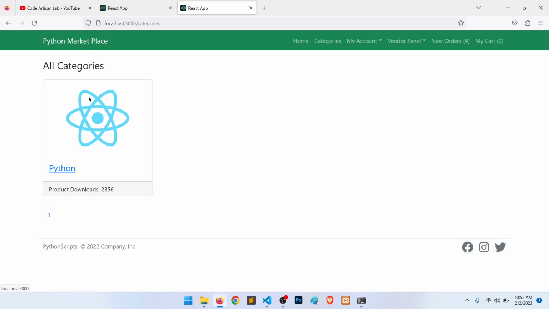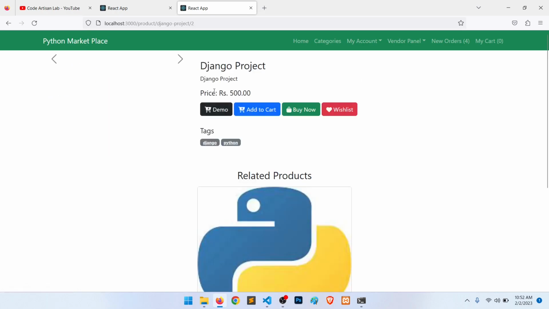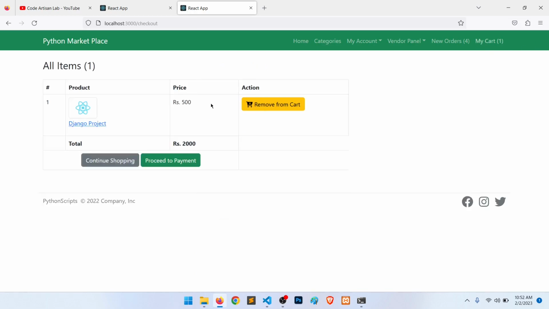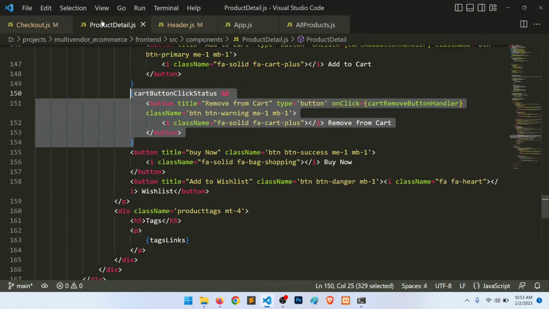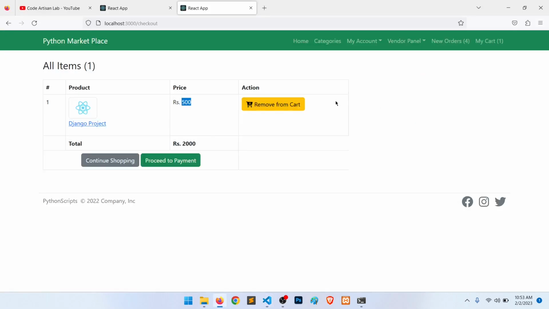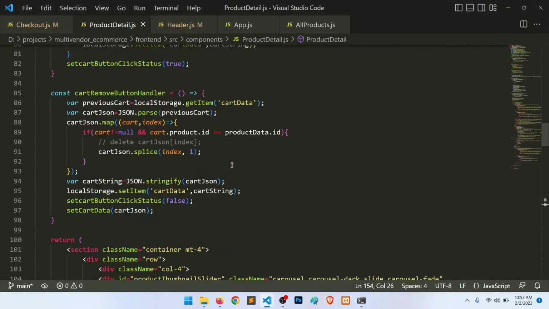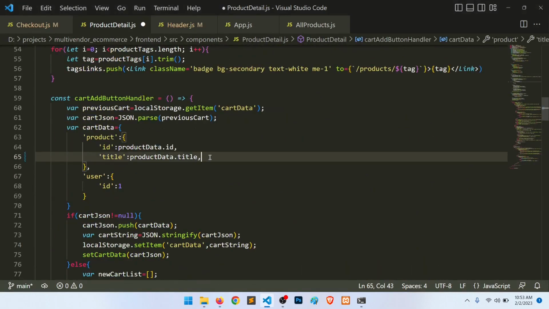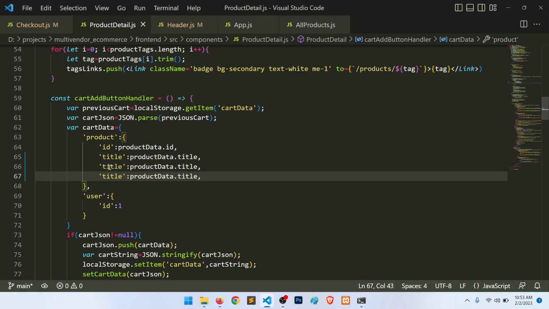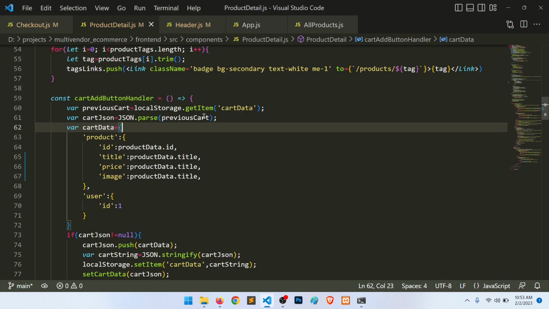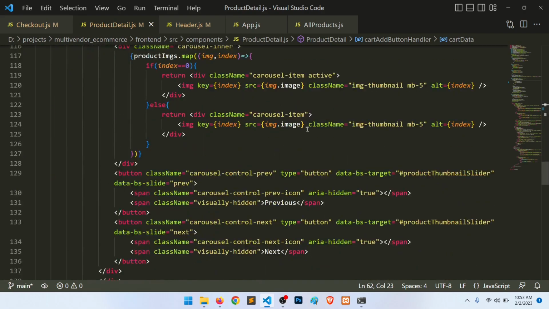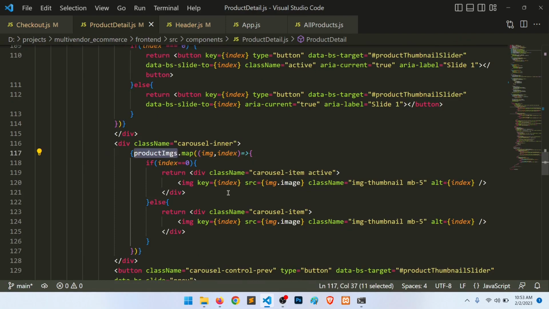Okay, and then we have click here, add to cart, my cart, and everything is working. But we need to add price and product image also, right? So when we go to product detail, let's remove here, and let's add two more things, product image and price. So price and image, right? And price and image, we are showing something, product images dot map,